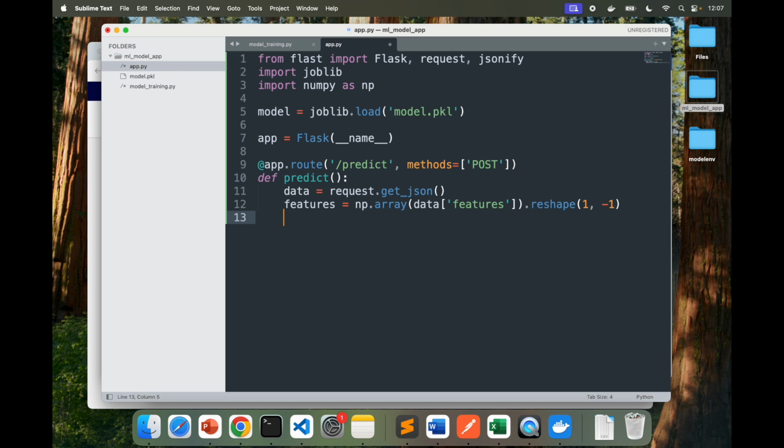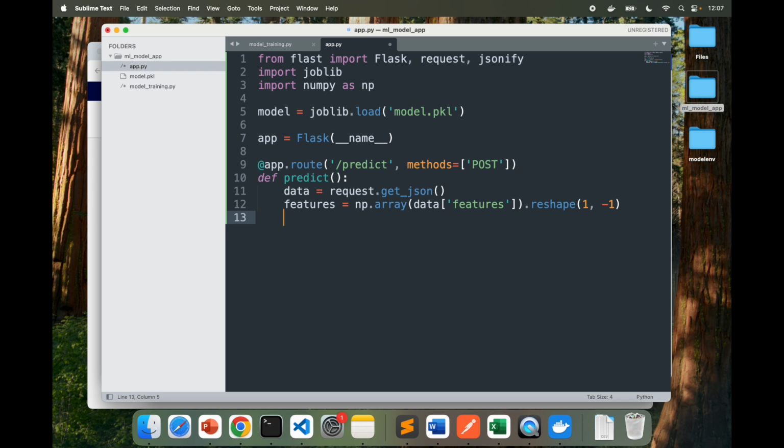This key stores the actual data that the model will use to make a prediction, for example, an array of housing features like median income, number of rooms, etc. The np.array(data['features']) converts the list of features from the JSON request into a numpy array, which is the data format that machine learning models like scikit-learn models expect as input.